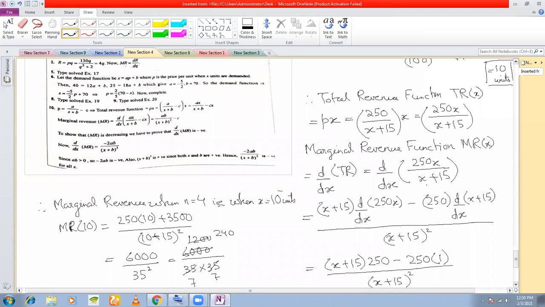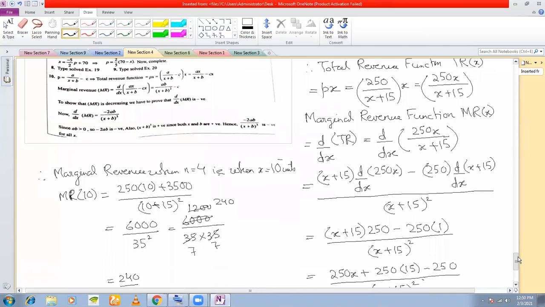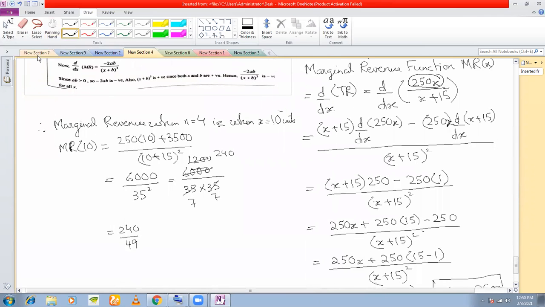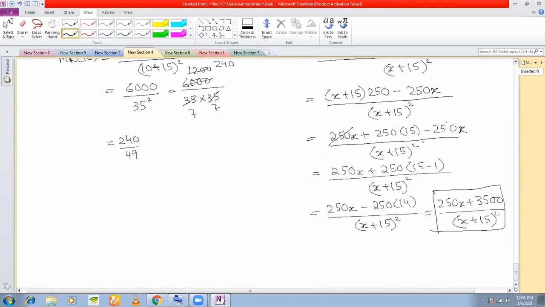Now there's a small mistake here which I have made. Up till 10 units was okay. While determining the marginal revenue function, I should have considered an x here because there's a 250x here. So 250x into 1, which is 250x. So this is 250x plus 250 into 15 minus 250x. So actually what will happen is that this 250x will cancel, so you'll simply get